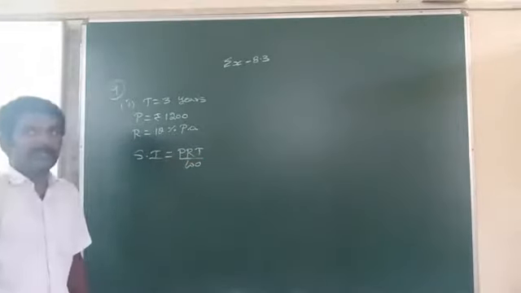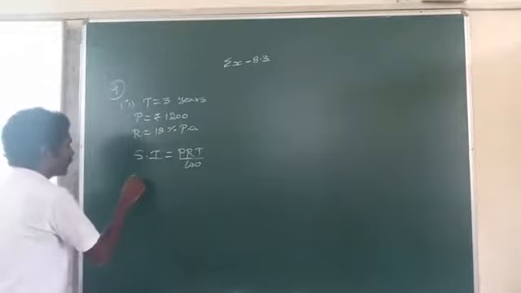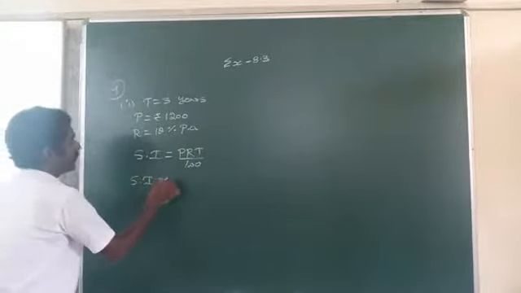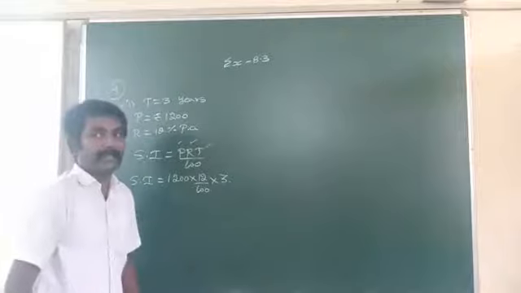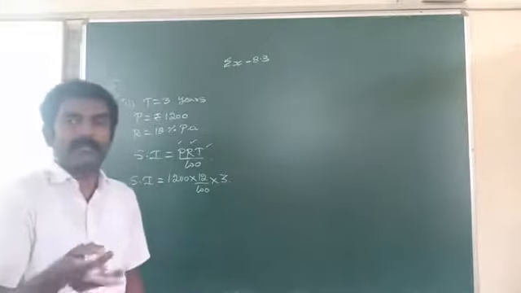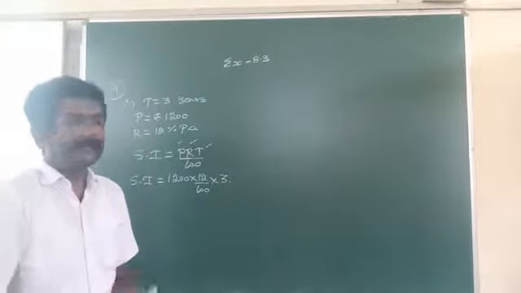First we will calculate how much interest we will get for the invested amount of rupees 1200 for 3 years at 12% per annum. So SI, that means simple interest, will be principal 1200, rate of interest 12 by 100, time period 3 years. P means principal, R means rate of interest per annum, T means time period in number of years. If it is given in months or days, you have to convert it into years.